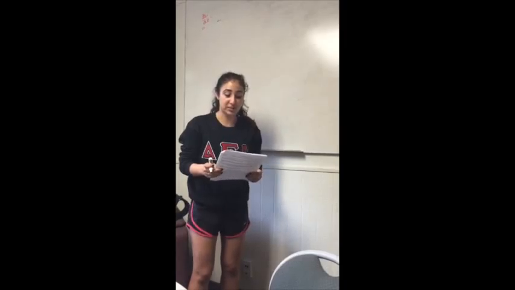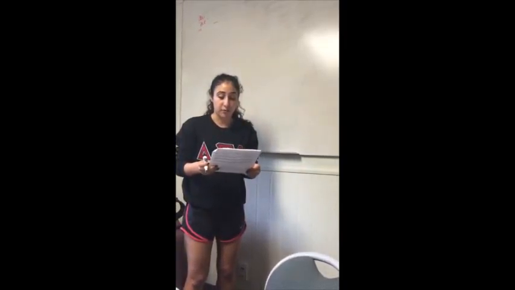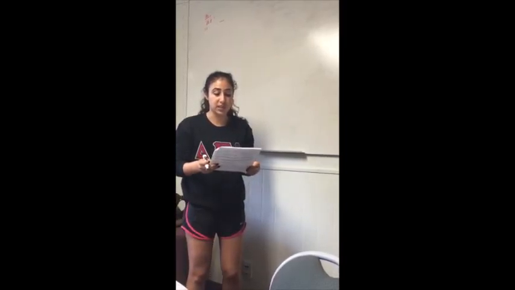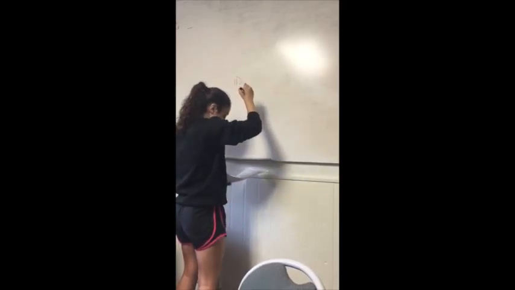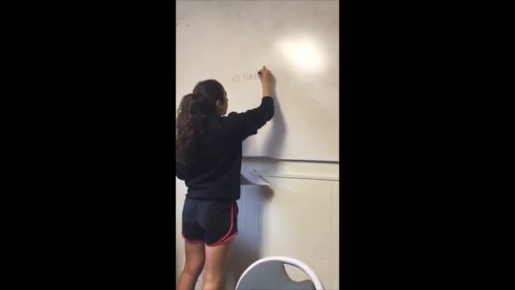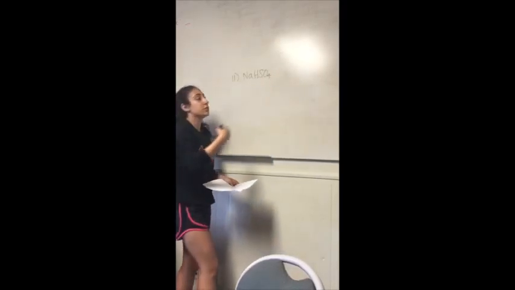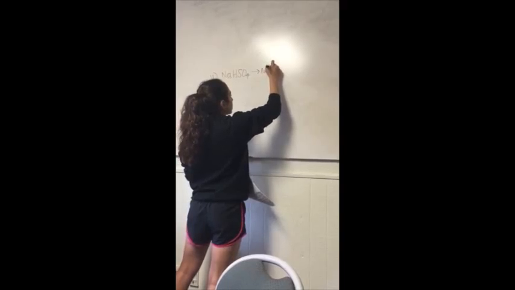So the problem that I'm going to explain is from the second midterm, number 11. For each salt, state whether a solution would be acidic, basic, or neutral. And the problem reads NaHSO4. So the first step is you break it into its ions. So you get Na plus